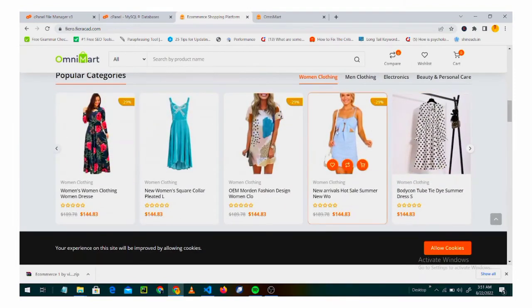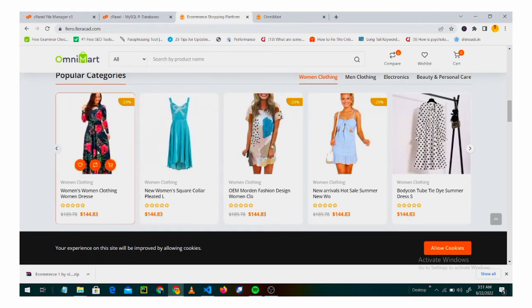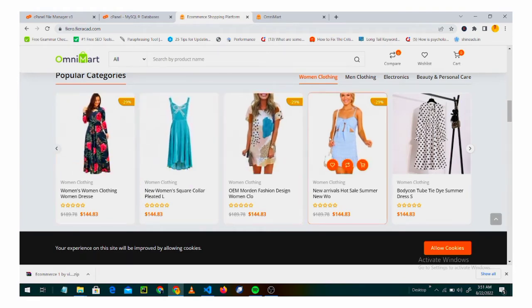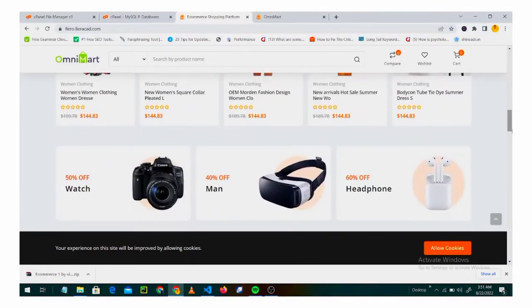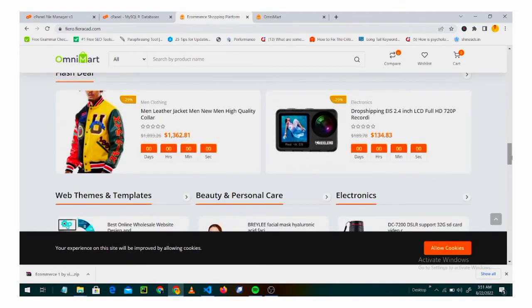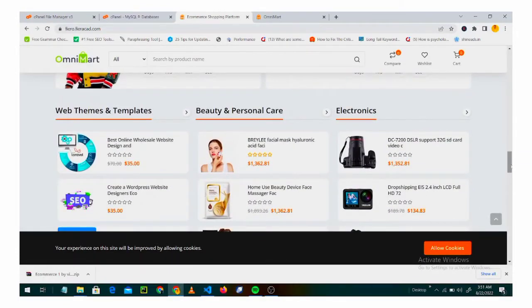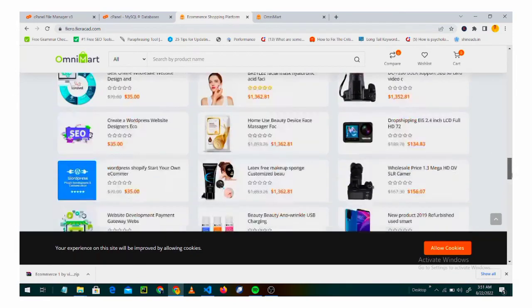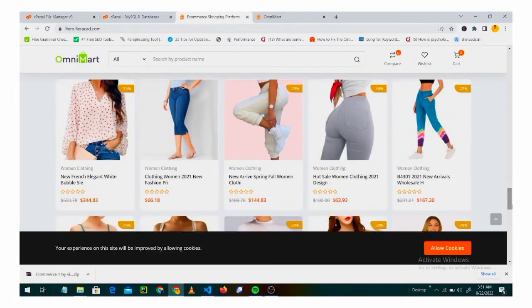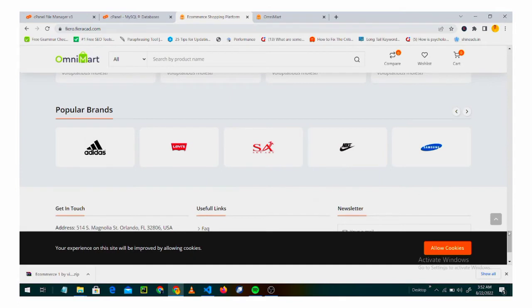All these products on this website can be changed. Everything on this e-commerce store can be modified. So yeah, have a look at this. It's very beautiful. A professional website. We have the fashion, we have the flash deals, we have the discount and everything. See the web themes and templates, beauty, personal, electronics, and yeah, everything is complete as a professional e-commerce store. We have the popular brand, and yeah, so let's go